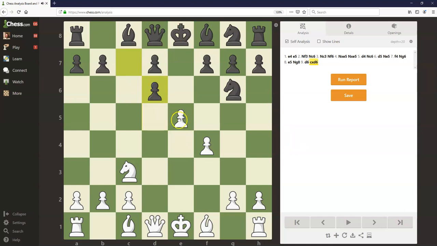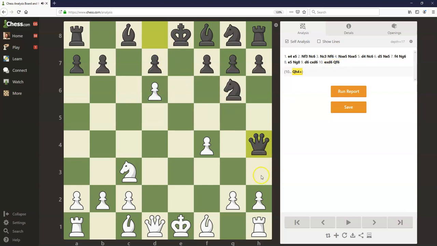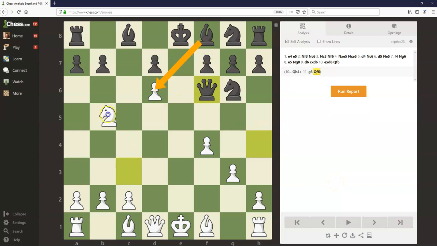And after Black exchanged here on d6, White's threatening to win material back with queen e2, when Black would not be able to block this check without losing a piece. Probably Black should play queen f6 here or something like that, so Black can always play king d8 later. But in this game, Black played queen h4, trying to provoke g3, I guess, and after g3, now the queen went back to f6. Black's threatening to recapture here on d6, but White can play knight to b5, not only